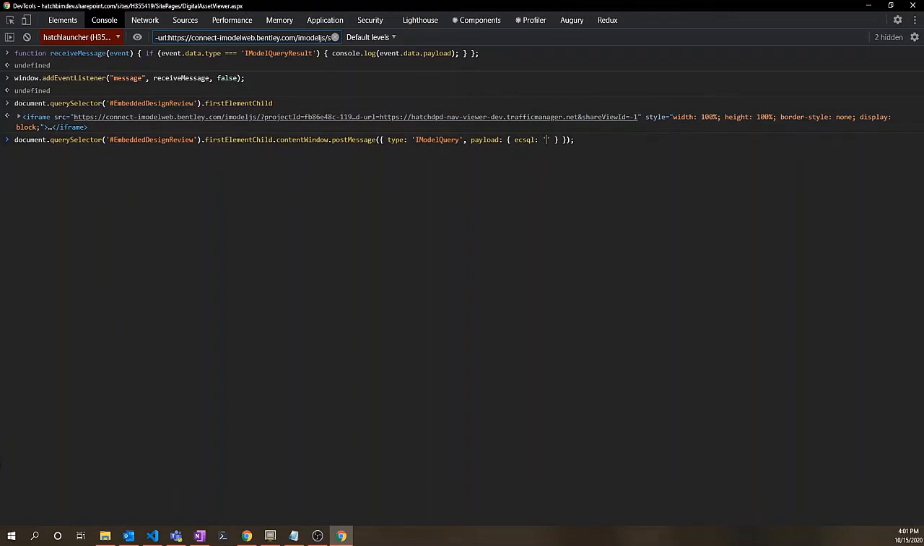So EC-SQL is a text-based command language for create, read, update, delete operations against the business data in an iModel, right? So it's essentially an implementation of SQL, right? It's a subset of SQL. So if you know SQL, you essentially know EC-SQL, right? So it'll look very familiar. So let's do something simple here. So let's just say select all from